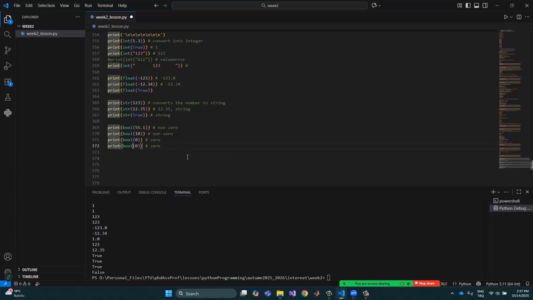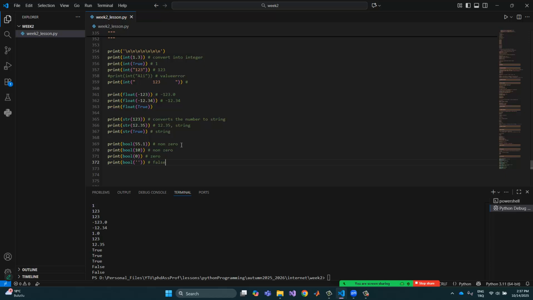And so what about this? If I choose giving the empty space in here, what's the result of the last code? False. Why? Because an empty string is falsy, non-empty is true, right? So this is the false. Okay, so